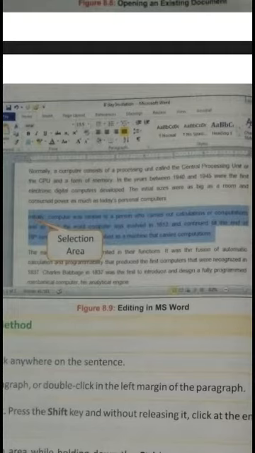You can select this paragraph by using the arrow of the mouse, and after selecting it, from the Home toolbar, different tools are given for changing the font size, font color, font design, etc. You can delete this paragraph also by pressing the delete key.